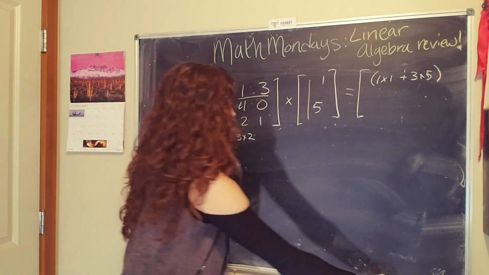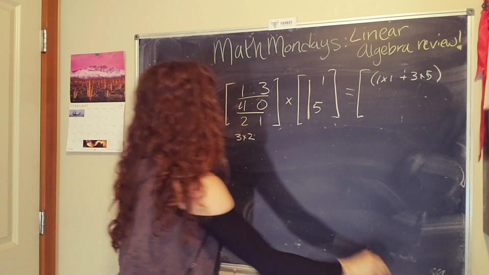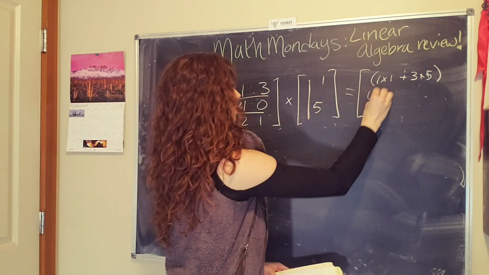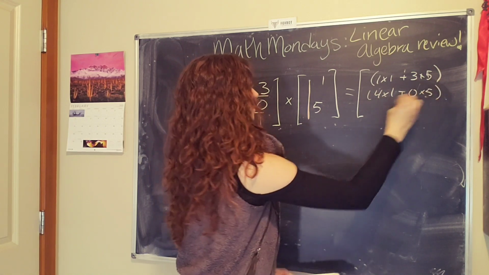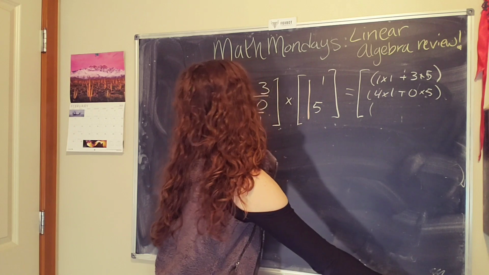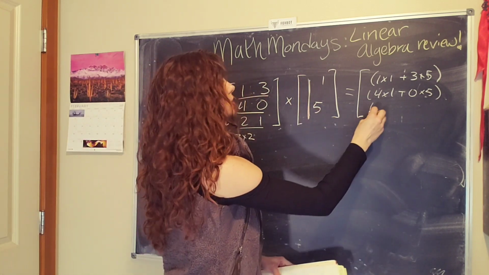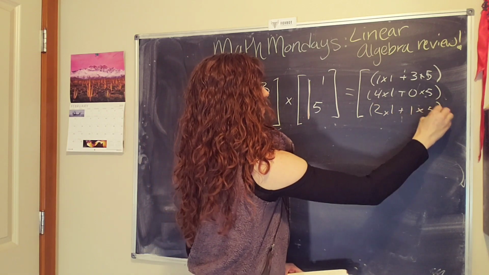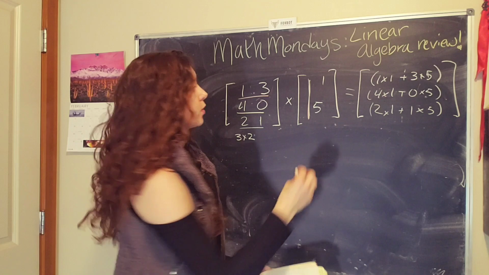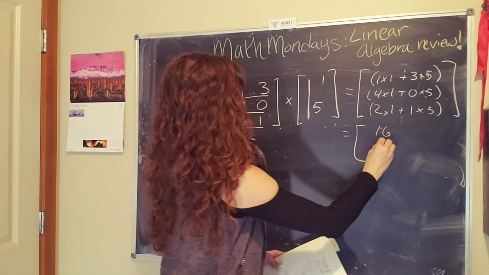And then we do the rows with the columns again. So 4 times 1 plus 0 times 5. And finally, 2 and 1 and 1 and 5. So we have 2 times 1 plus 1 times 5. And then we just do the algebra to get the resulting matrix, which is going to give us 16, 4,